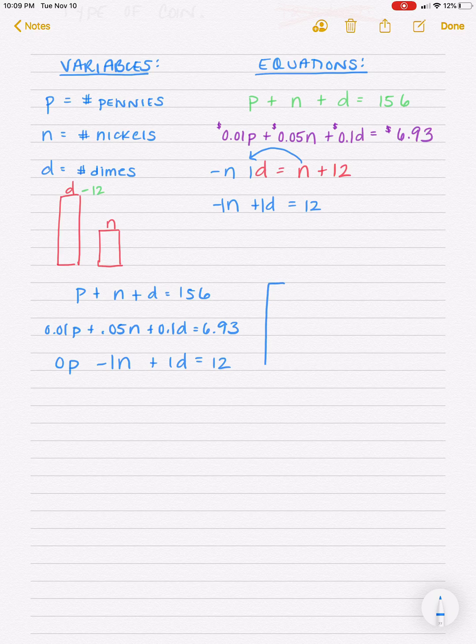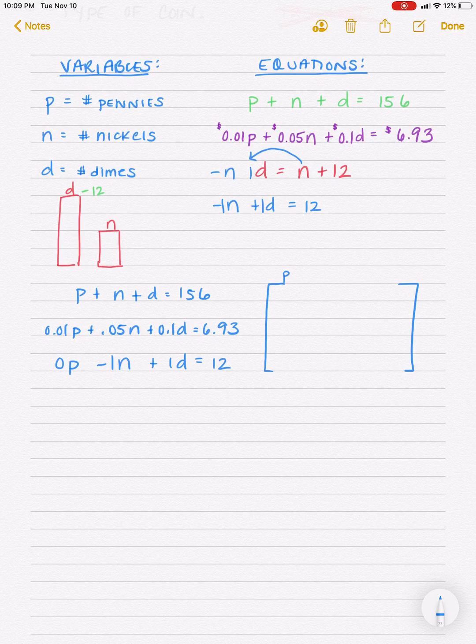All right, take a second to hit pause if you want to look back over the math of what I did right there with that last equation. When you're ready, let's make our augmented matrix. I'm going to let the columns be pennies, nickels, and dimes, and then we're going to put what it equals. So this first equation's easy. It's going to be 1, 1, 1, 156. The second equation is going to be your value, 0.01, 0.05, 0.1, $6.93. This last equation has 0 pennies, negative 1 nickels, because of the way we subtracted that, 1 dime, and